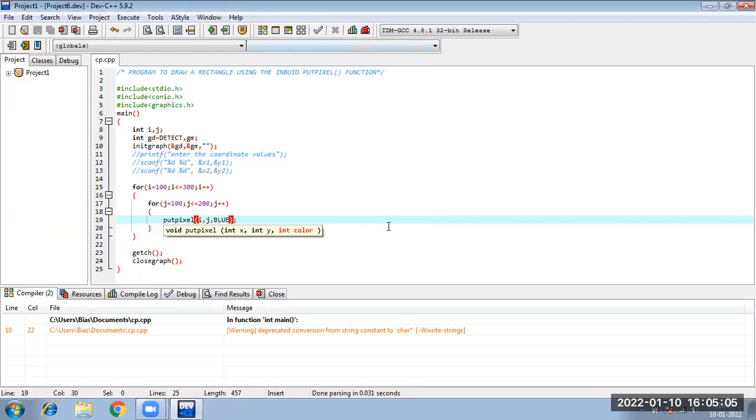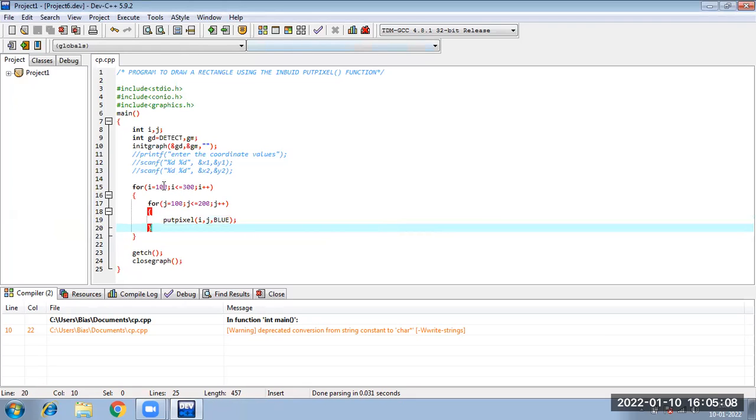So these are the 3 concepts, and these values which I provided forcefully inside the program, you can take from the user also. You say I equal to left, and this is right, this is top, this is bottom. Accordingly, these variables you define as left, right, top, bottom. Here you declare those variables. So like that you can execute and you can take the values from the user, and accordingly the rectangle will be drawn and painted with the color. Is it clear? Yes or no?